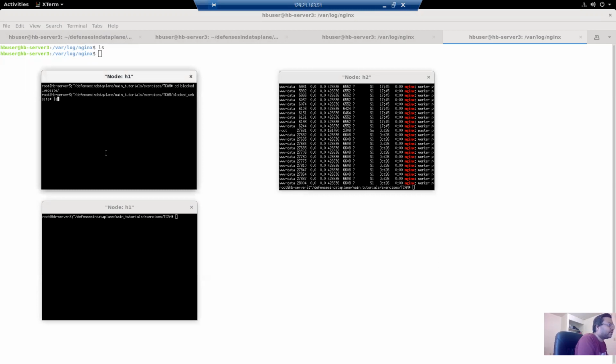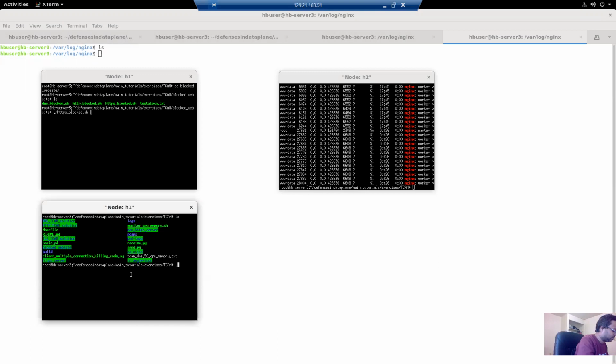Now we are here, so we can test. Since we have installed HTTPS, we are going to run a client traffic generator script. So this is my traffic generator script.